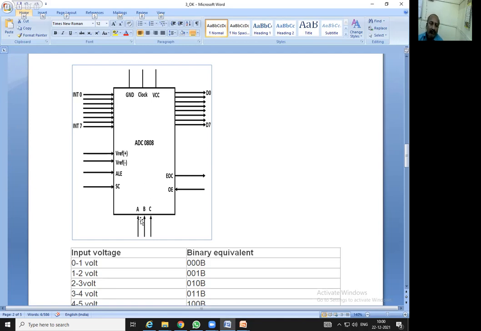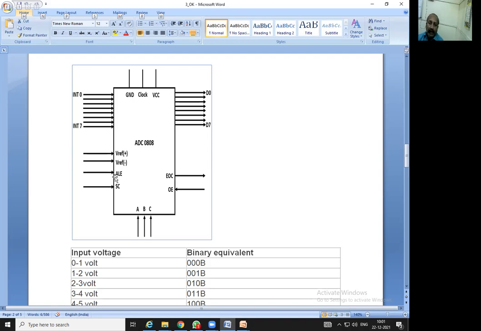Other than these main functions, it requires the V reference voltage, to make it step by step. That is, if the analog voltage has a range from 0 to 5 volt, or 0 to 10 volt, then whatever reference voltage you set over here, accordingly it is going to convert this into digital form. How it is correlated with VCC, V reference and the output, we are going to look at in the next table.